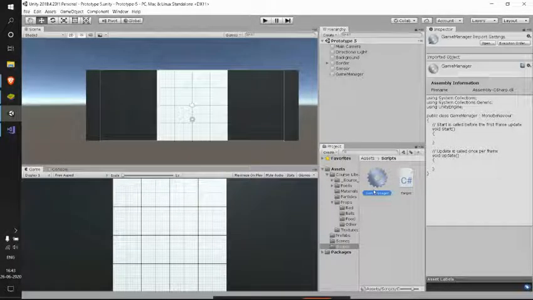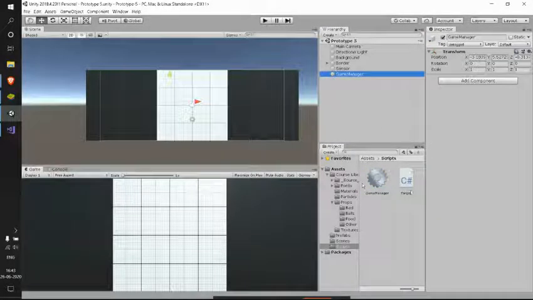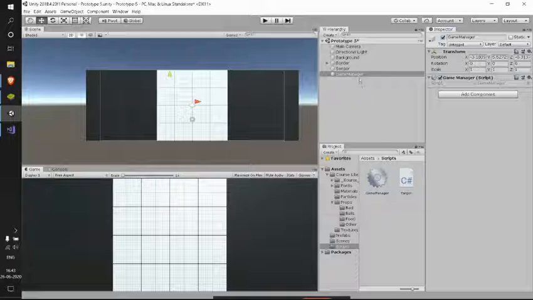Many use this game manager as the settings file for our game. That's the reason why Unity has given it a settings symbol as its icon. So I have added this game manager script to our game manager. Let me save this and open the script here.